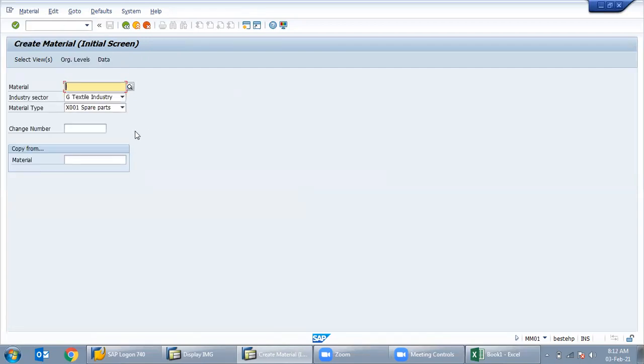Sir, let's do one thing. Let's keep it simple and do the configuration like this, and after implementation, we'll do the integration with the different modules. Yeah, sure, we will do. Today you learned how FI and MM integrate together. So, what is your plan, sir? Do you want to go ahead with the integration now itself?